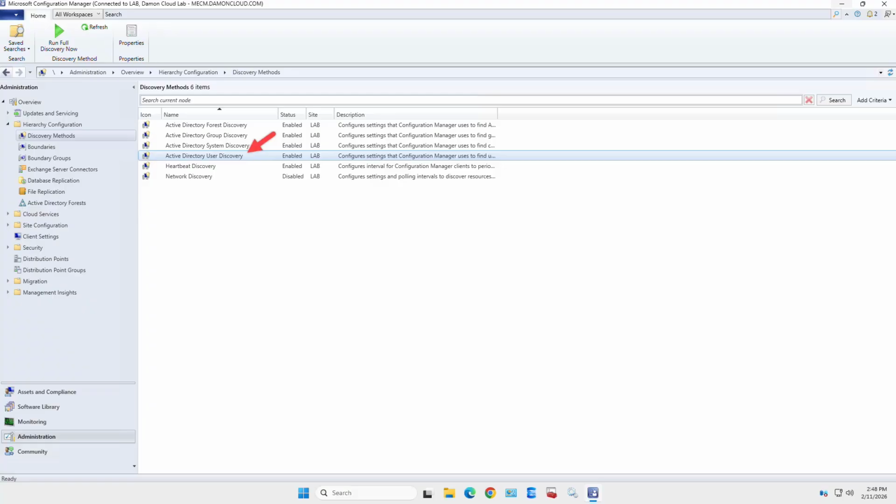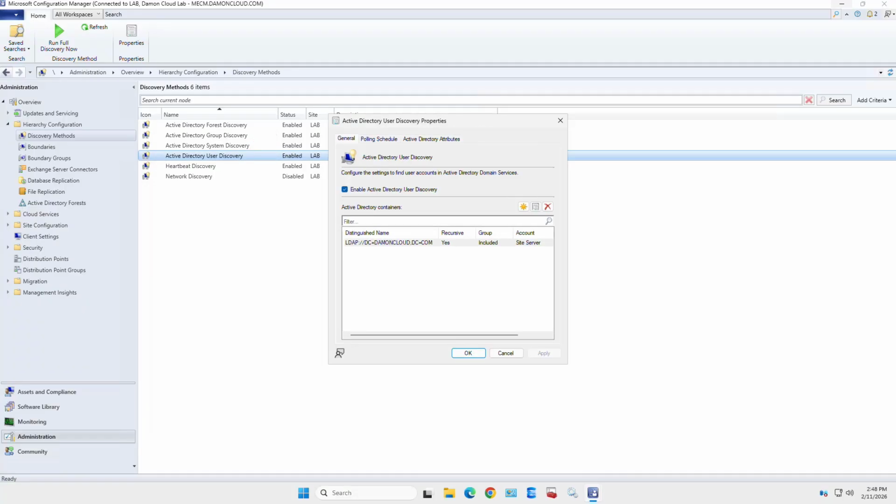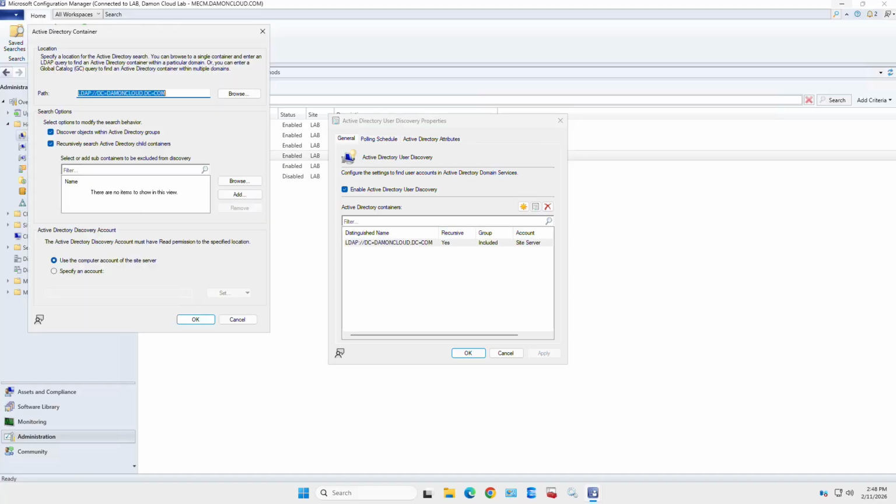If we double click on that, and this is the same for, I think, a couple of these, and we edit this guy right here, what we didn't talk about was the ability to select or add subcontainers to be excluded from discovery. So that's very important. I'm like, wow, I got a lot of junk users in there. Where are they coming from? So I could browse